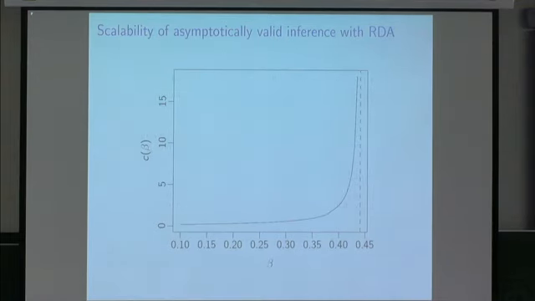Okay, so if you have beta naught close to 0, which corresponds to something quite close to independence, this constant term is very close to 0 too. So that means the order of finding asymptotically valid inference is very close to the order m squared, which is just linear in the number of terms in the lattice. So that's all good. As we get closer and closer to this particular value, about 0.44, the constant term just rockets up, gets higher and higher.